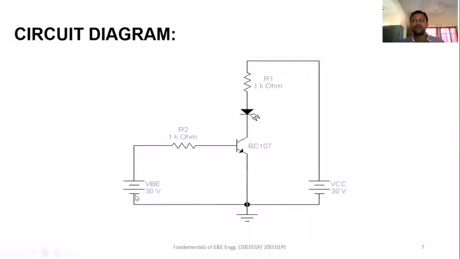The negative of the first channel of the RPS is connected to the common ground, to which the emitter will also be connected. The positive of the second channel will be connected to a resistor, and then to the anode of the LED. There are two terminals in the LED. The longer one is the anode, and the shorter one is the cathode. It has to be connected in this way only, otherwise you will not get the required result. The cathode will be connected to the collector of the transistor. This is the NPN transistor I have used, the BC107.